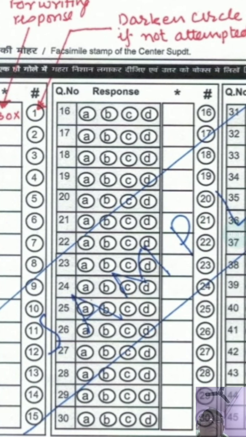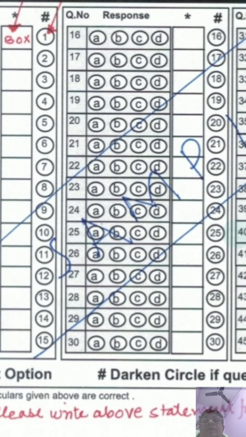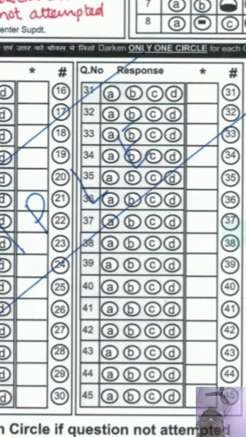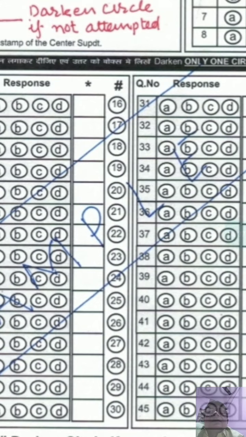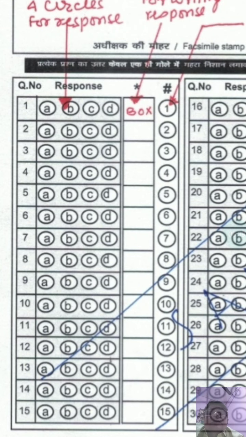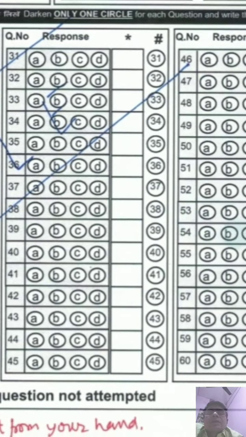Then again 16, 17, 19, 20 and so on, 30. Then again 31, 32, 33, 35 and 45. Then again see 46, 47, 48, 49 and up to 60. So here there are 60 questions that you can respond in the OMR sheet,